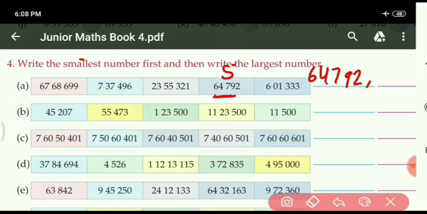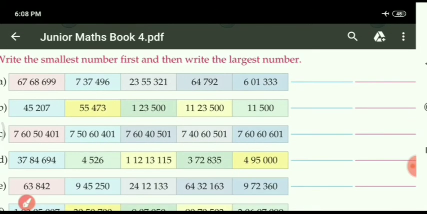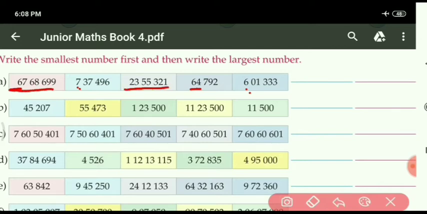Next, we will find the largest number also. So which one will be the largest number in this? As we know very well, this is given up to 1000 place, so leave this, and these two numbers are given up to lakh place only, so leave these numbers also. So we will check only up to 10 lakh place, because 10 lakh is bigger than lakh. Okay, so here is given 67 lakh, and this one is given 23 lakh. 67 is bigger than 23. So which one will be the largest number? This one only, and here you can write capital L. This one will be the largest number.